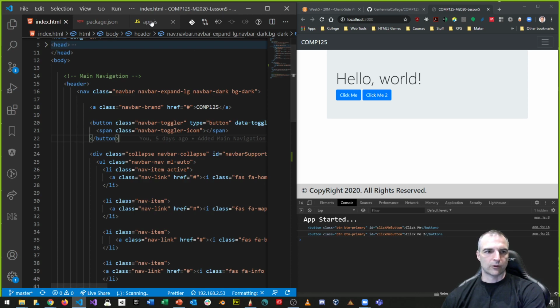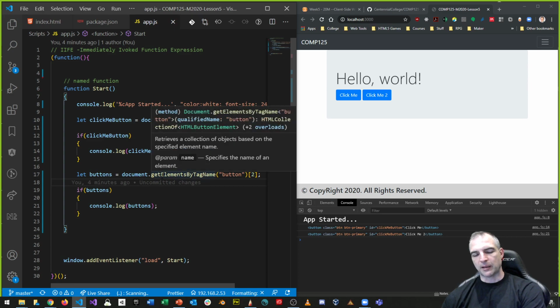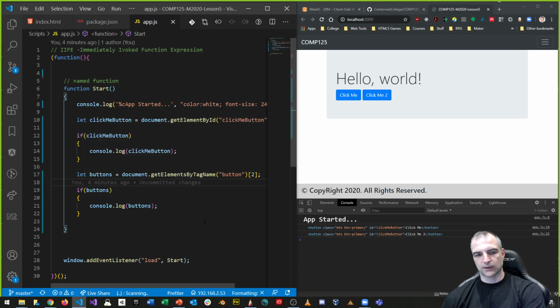Okay, so going back to code then, hey, hey, document, get me all the elements, get a reference. When I mean a reference, I mean pointers. Give me pointers, memory locations of all the elements that have a tag name button. Okay, and if I was to take this away, just this part,